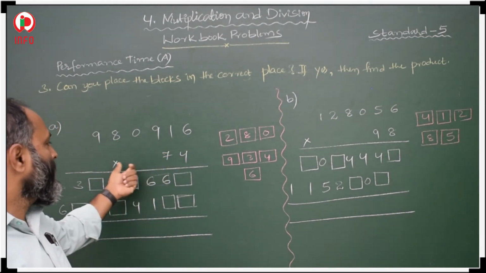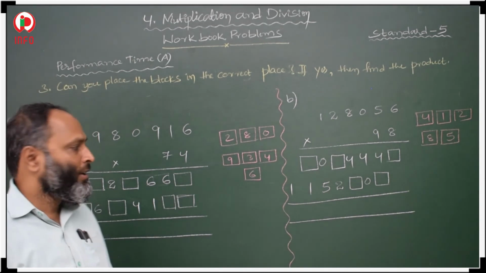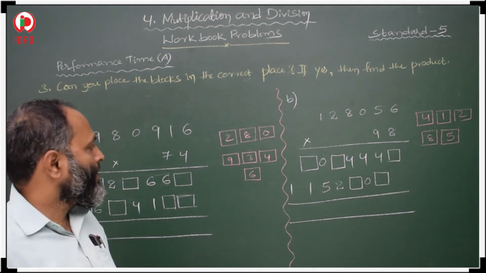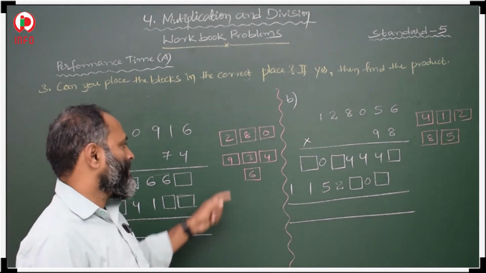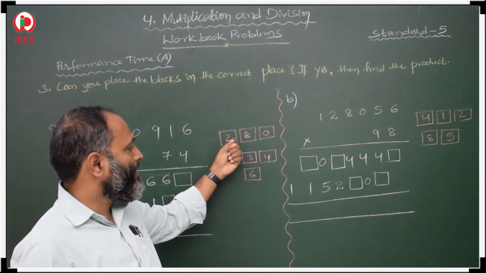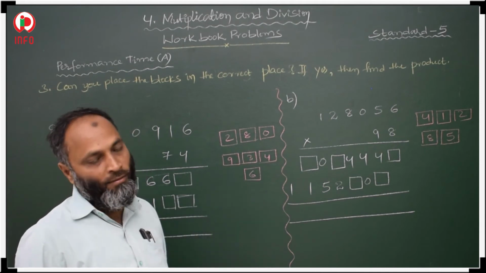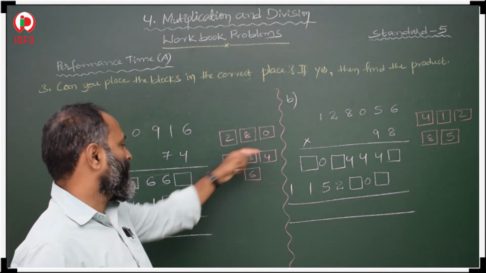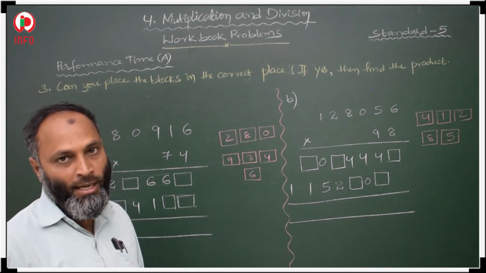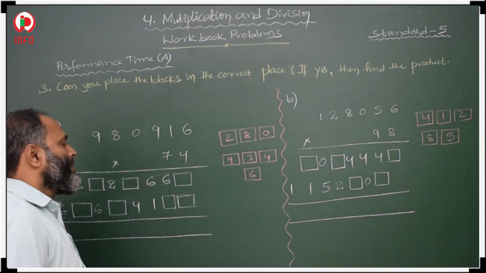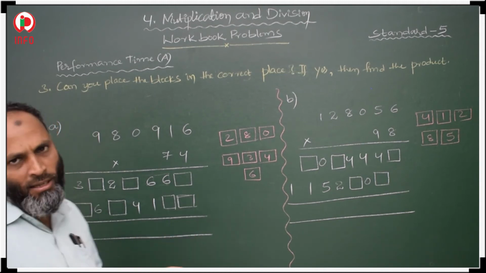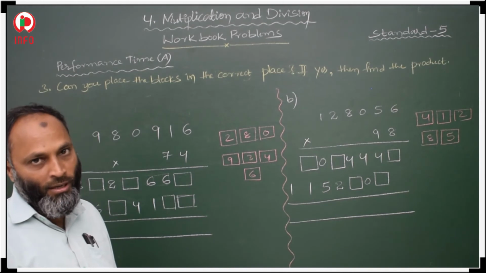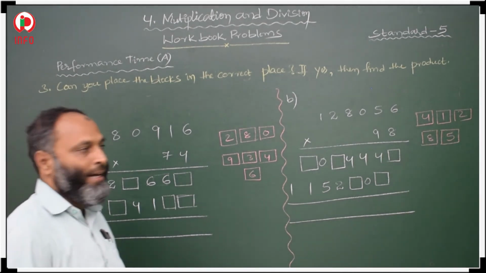9,80,916. So here we have to multiply with 74. So in this 1, 2, 3, 4, 5, 6, 7, 7 places are missing. So in these 7 places, we have to check whether we can keep the given digits or not. If possible, then we have to replace these numbers in their correct places. So once we have to check. So you have to do it directly, so no need to do all your rough column work. How to do it directly? Okay.